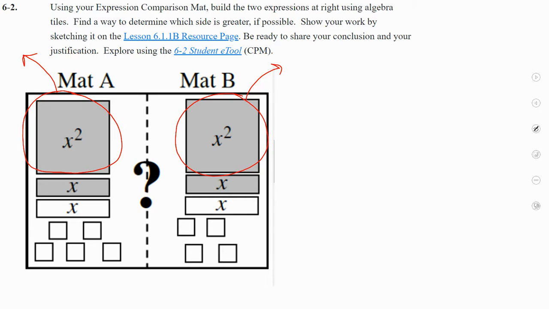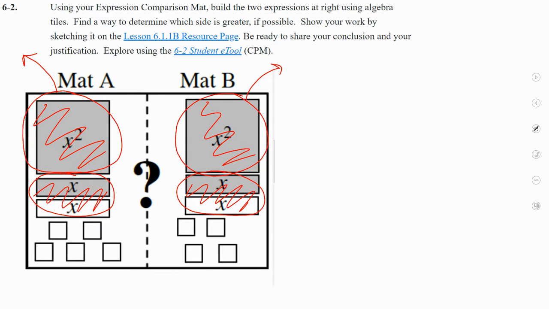Then let's take a look at the x's. Well, we have the same thing on both sides, so you could use a couple different strategies here. You could either do what we did with the x squareds and remove each of them from the sides, or you can recognize that we have a positive x and a negative x, and those make a 0, and those make a 0 here. So those both are 0 pairs, and they go ahead and are eliminated from that. So far, we've gotten rid of our x squareds. Those are gone. And we've gotten rid of each of the x's here with this one because they make a